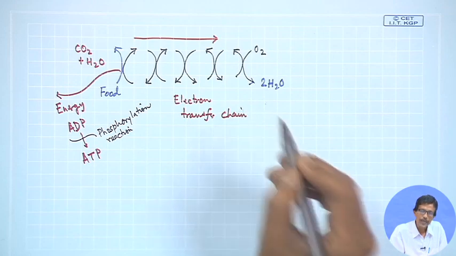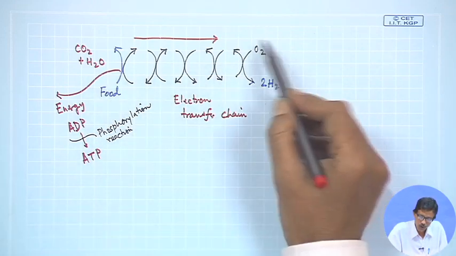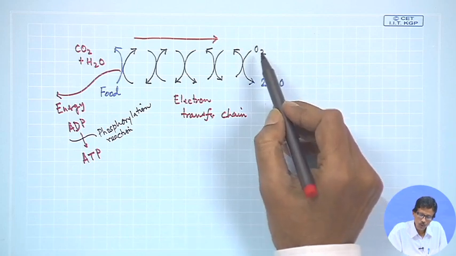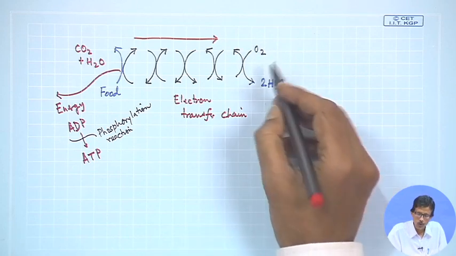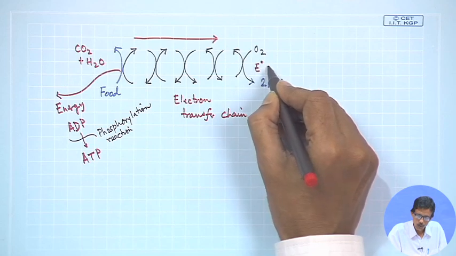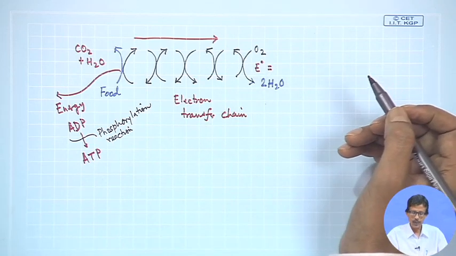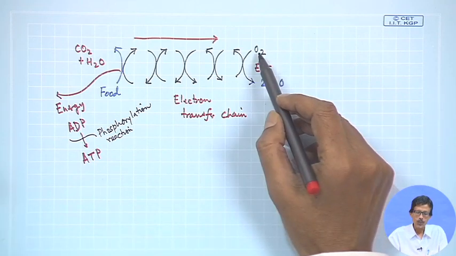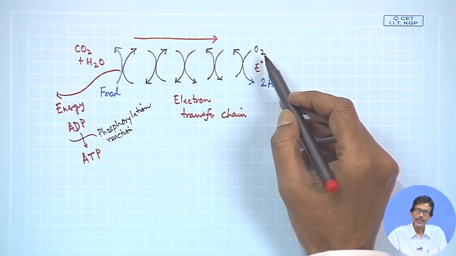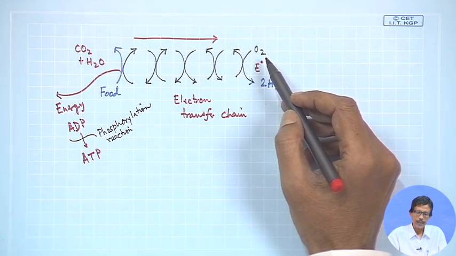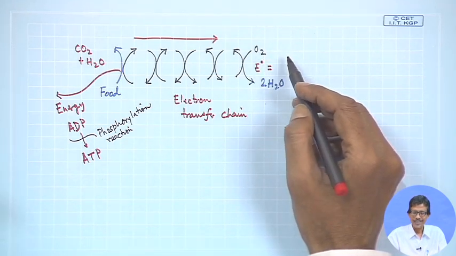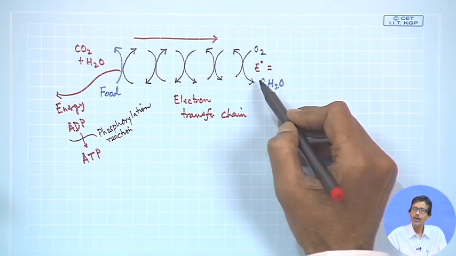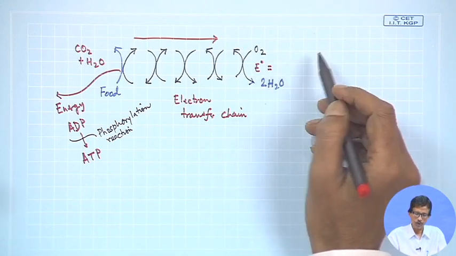So, we have the electron transfer chain. As we all know, O2 can be reduced to a water molecule, and the corresponding E0 value is 1.23 versus NHE. If we want to measure O2 by a cyclic voltammetric technique, that also gives us an idea that with respect to SCE or the silver chloride electrode, it will come close to 0.8 volt.